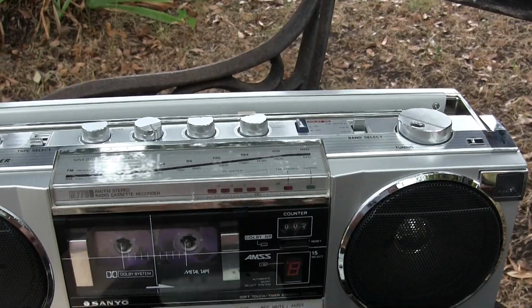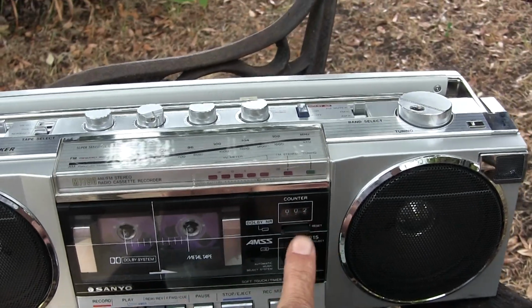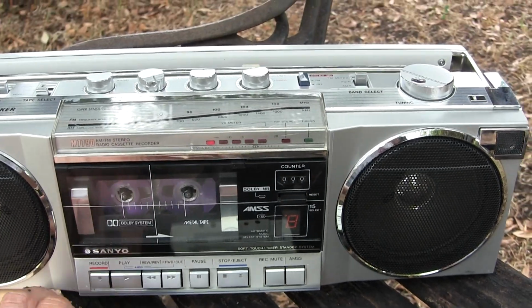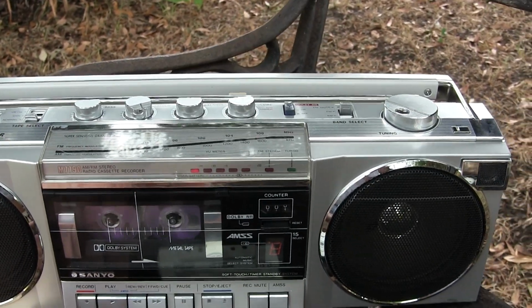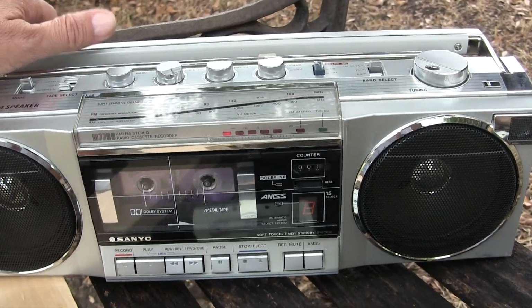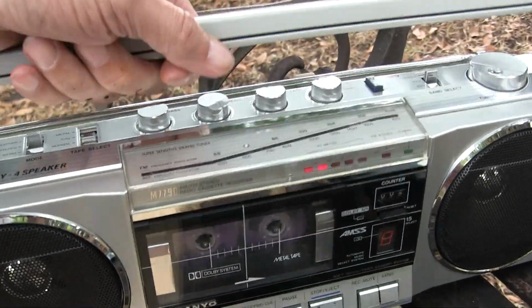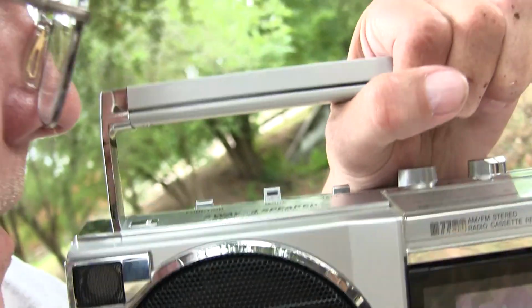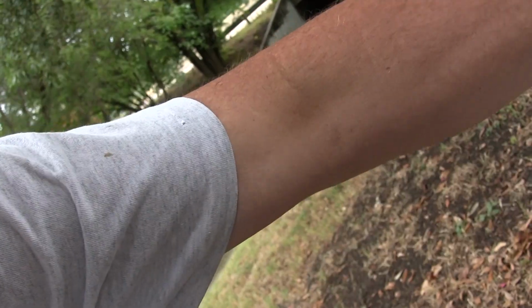if you set the counter, whoops, let's see here, set the counter, hit record. So we're recording now. As I talk, you can see me talk, sounding off on the thing there. I'm going to pick it up here and talk to the input end. So I'm talking to the input end right here real close to the microphone to make sure I get hopefully a good stereo separation without microphones, just like that,